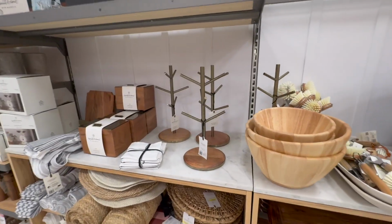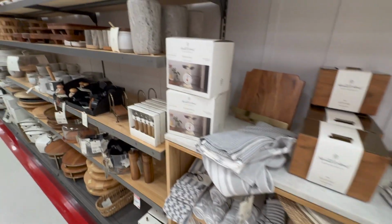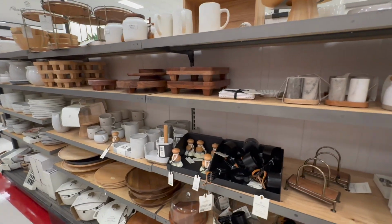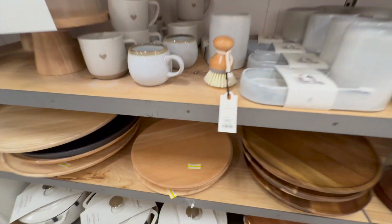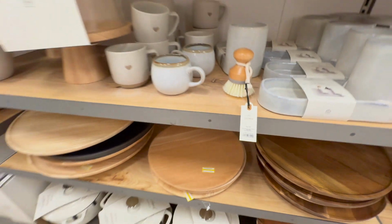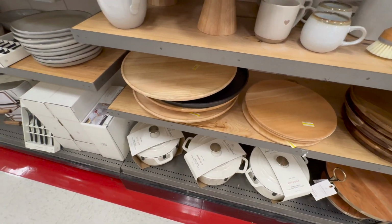Okay, so moving on to the homeware. Obviously this was intriguing me a lot because I've just moved into my house, so I like looking at it all, but I can't really spend extra yet. And do I really need a lot of this? No. I still use a lot of my old stuff. I don't need all these new things right now, but I do think they have some really nice things